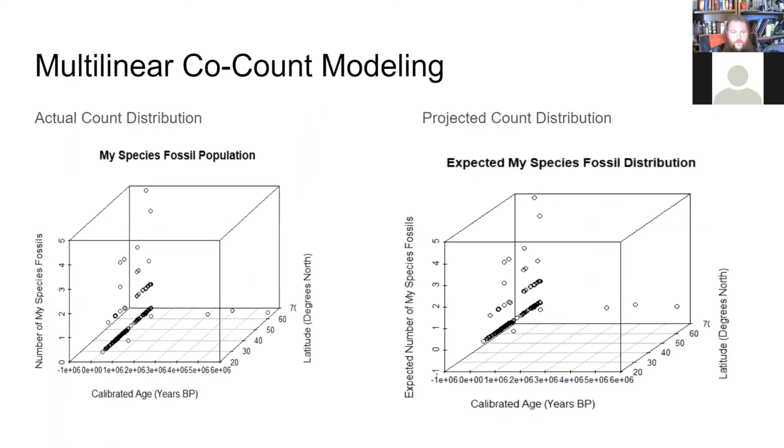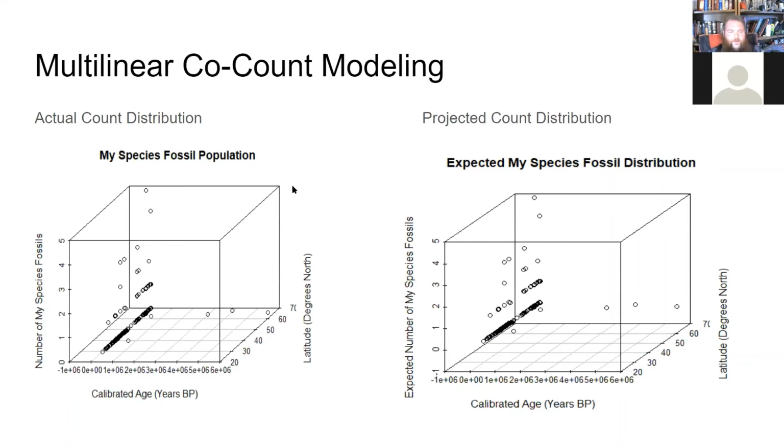So this is the results of that co-count modeling, the one where we'd have 12,000 columns if we put it up there. So again, we've looked at the communities of insects per site, and we've said statistically what is the expected count of my species fossils we should find given the community at that site.